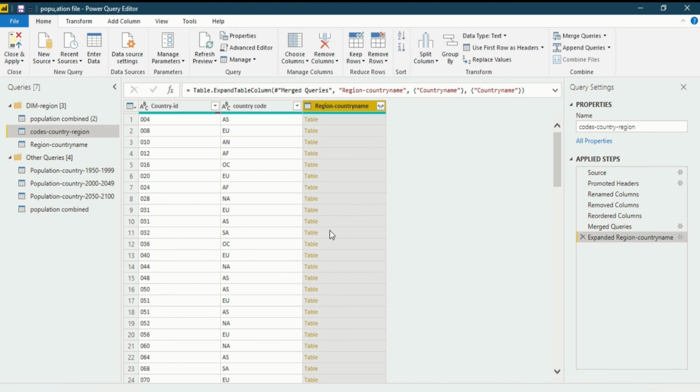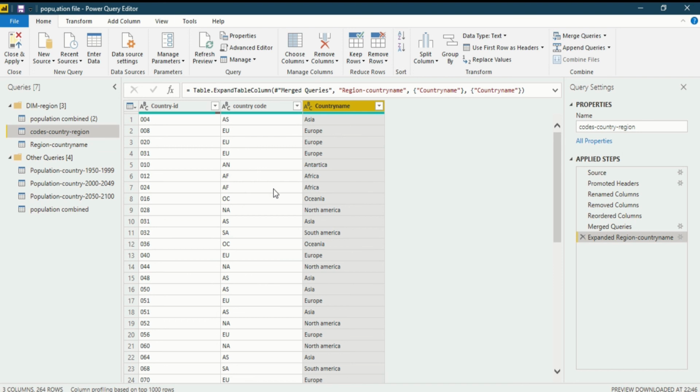After I click on OK, you will see your column is very appropriate now. In front of every AS you will see Asia, in front of every EU you will see Europe, in front of AN you will see Antarctica. So this is how you merge queries on the basis of the same kind.